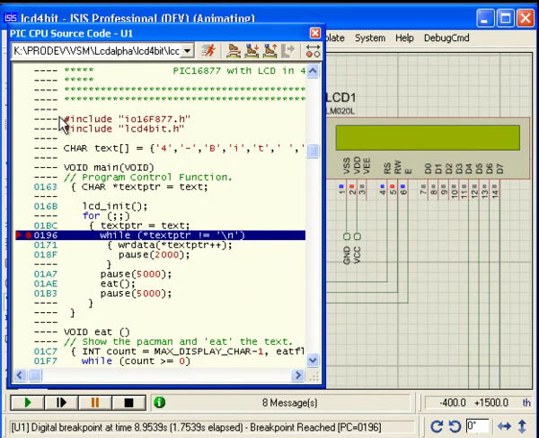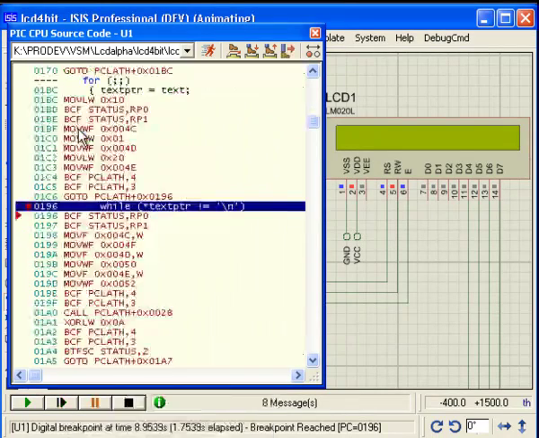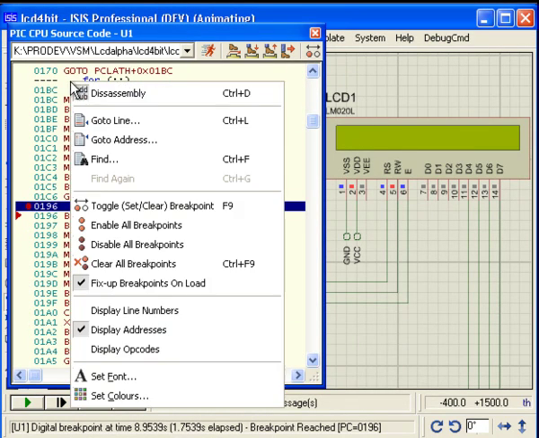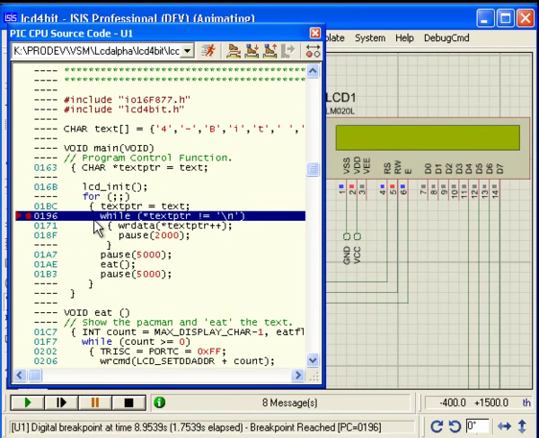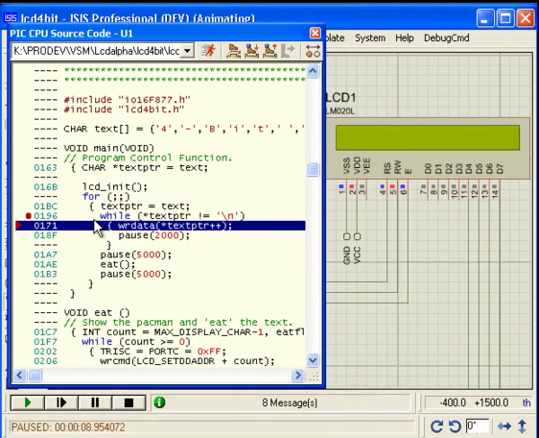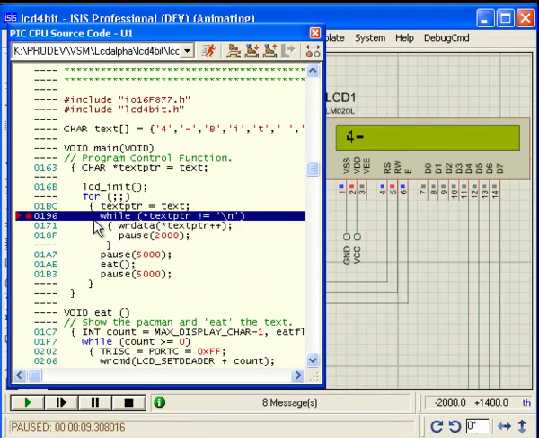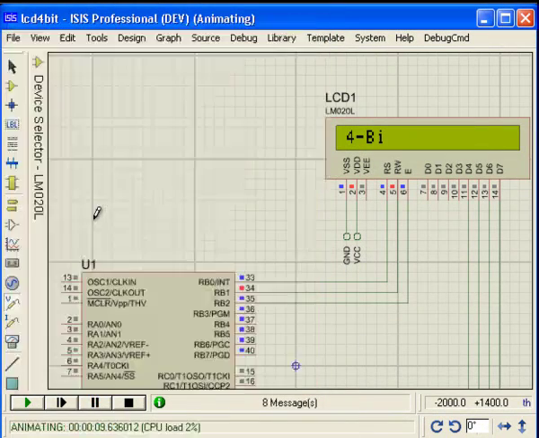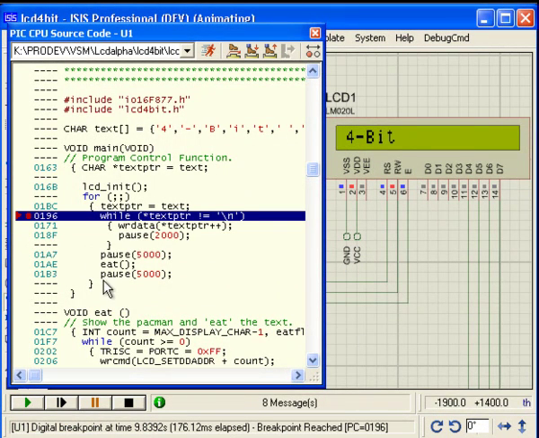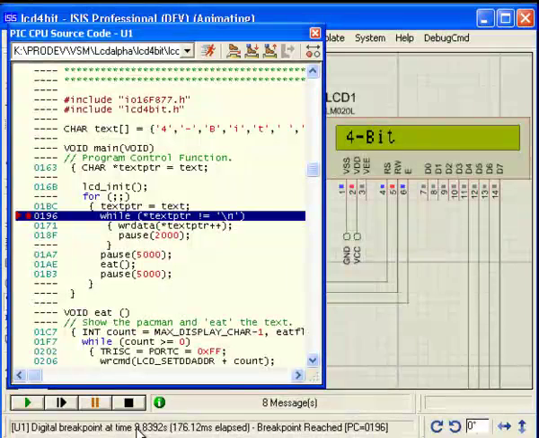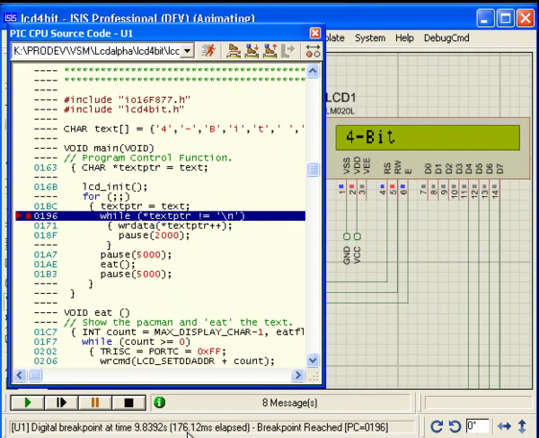From the context menu on the source window, we can choose whether we want to debug at high or low level, and then use the F10 and F11 shortcuts to step over or step into the code. The status bar at the bottom will show the current time whenever we advance the simulation, as well as the execution time of the last instruction we stepped over or into. Breakpoints can be disabled or cleared from the context menu on the source window.